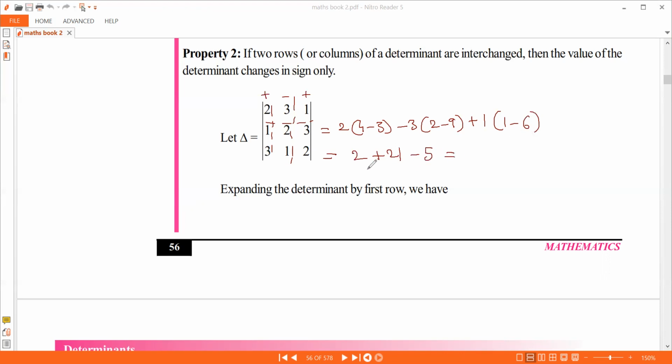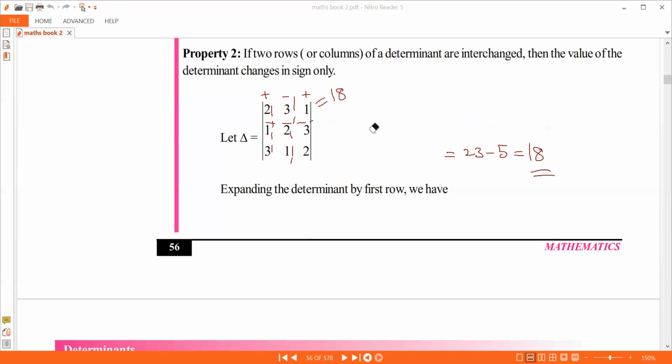So this value, I got 23 minus 5, so that is 18. As per the swapping, I should get negative 18. After the swap, if I do a swap, this value is 18. Okay. So let's see whether I get negative 18 or not.